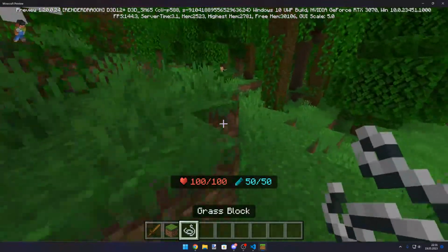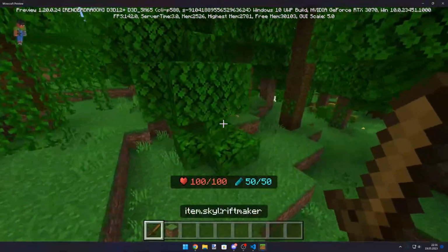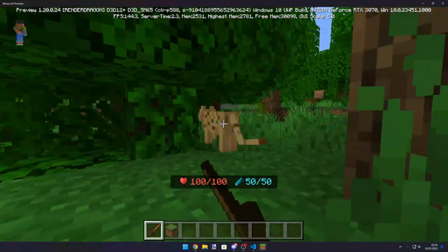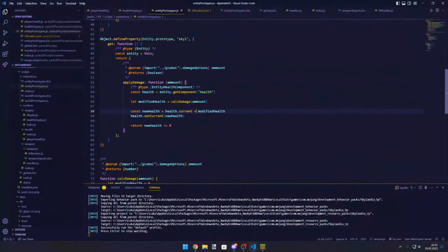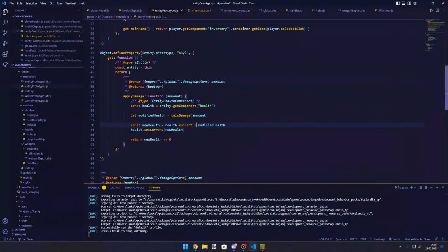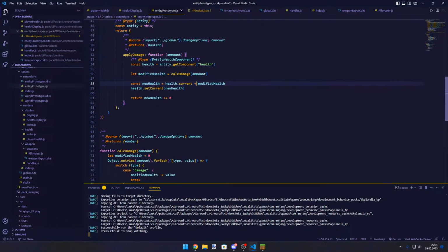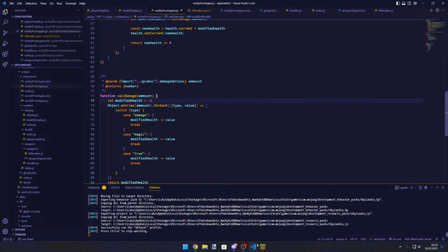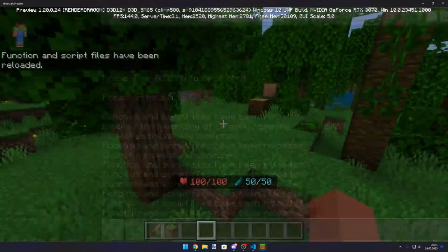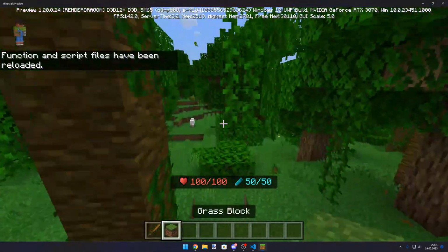But my fist still deals 1 damage with my hand. So what I would do, I would always subtract -1. Or the apply damage, like -1, right? No matter what I do, the weapon will always